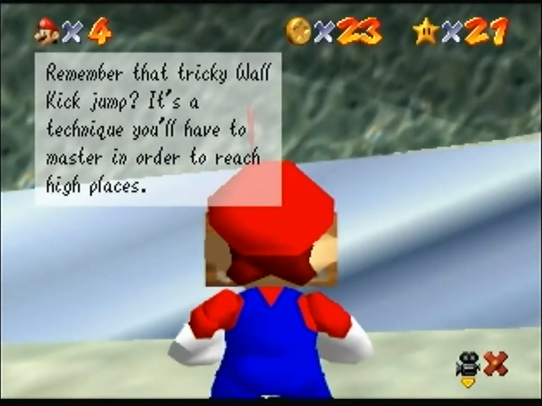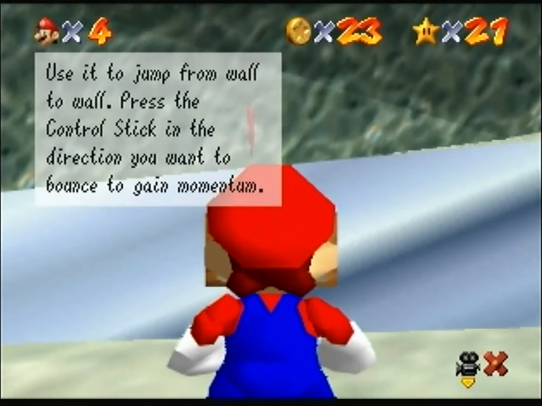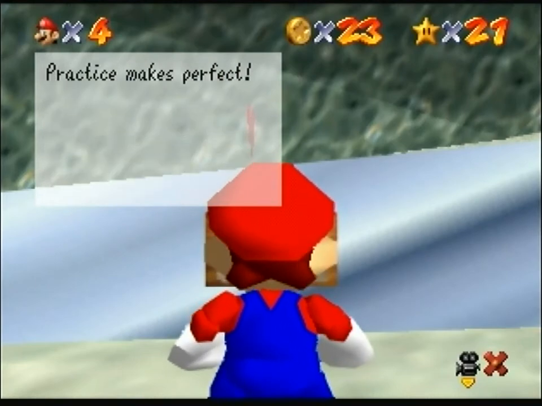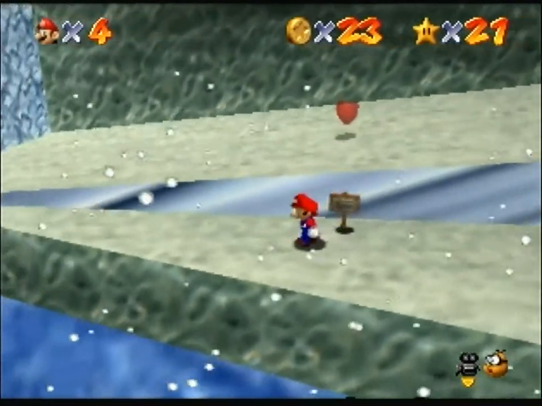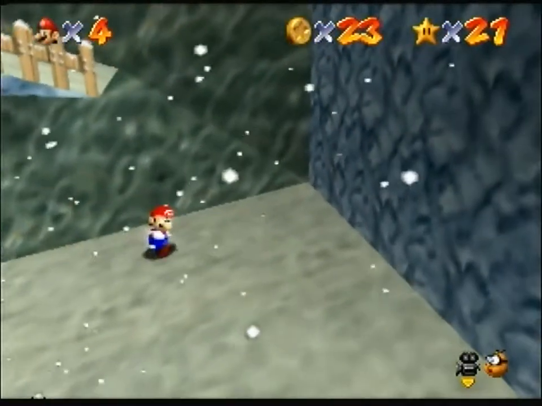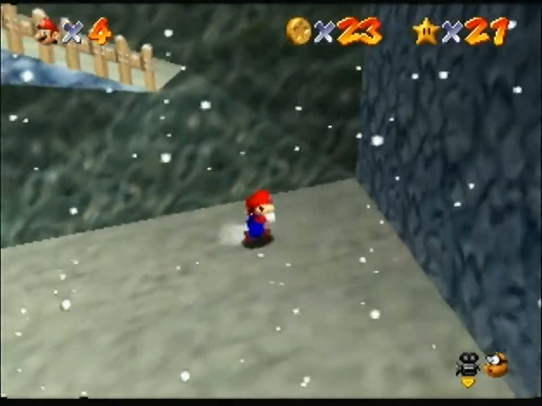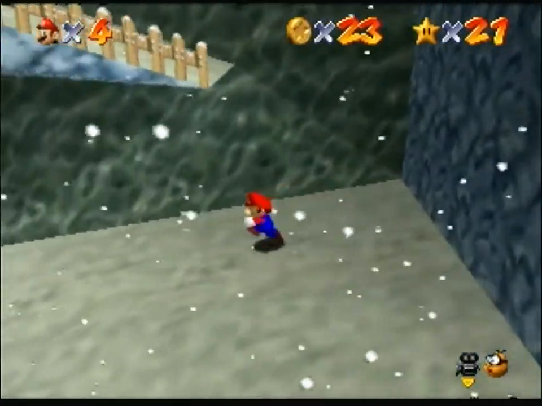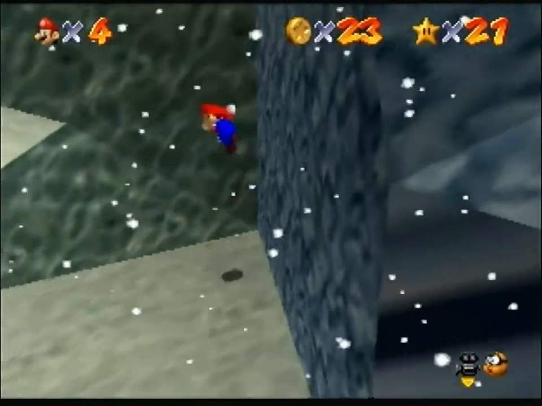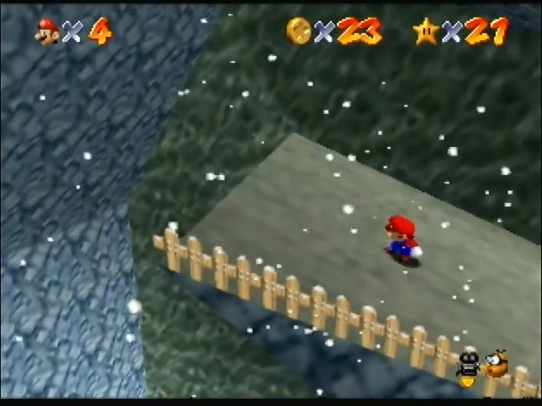Remember that tricky wall kick jump? It's a technique you'll have to master in order to reach high places. Use it to jump from wall to wall. Press the control stick in the direction you want to bounce to gain momentum. Practice makes perfect. Yes, this game actually canonized basically a glitch that you could do in the original Super Mario Brothers games, where by hitting the wall at a certain angle, you could actually stick and then jump. However, in this game, wall jumping is a lot harder than it is in later Mario games,